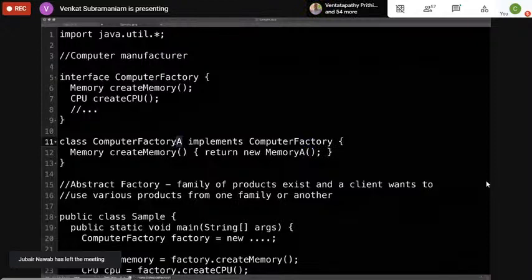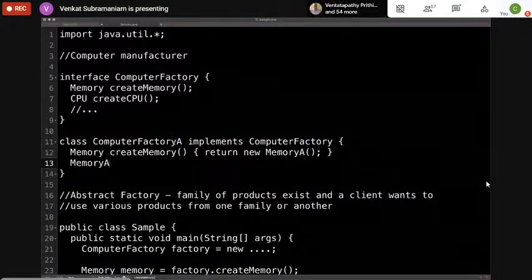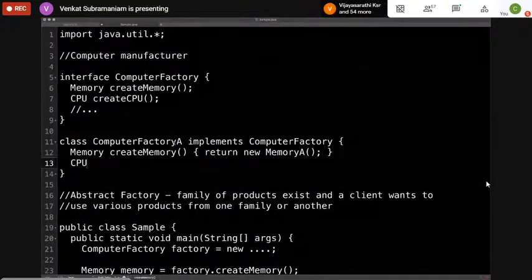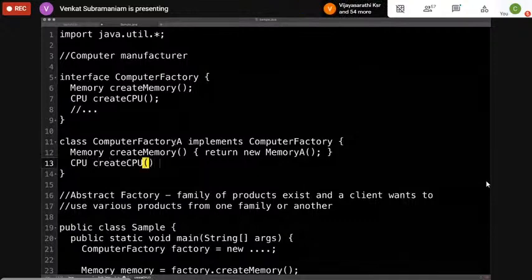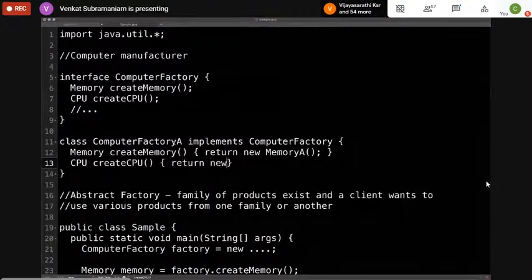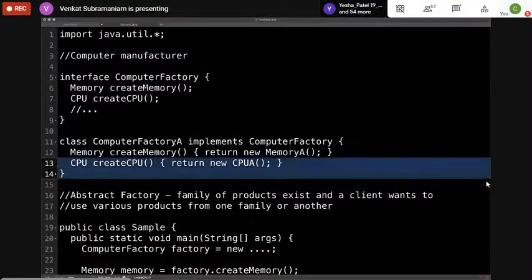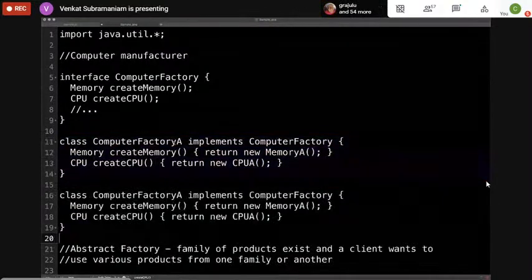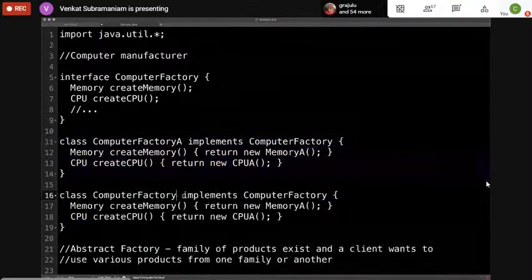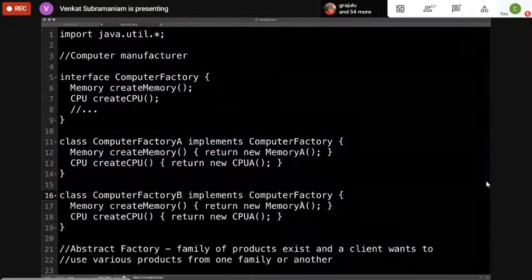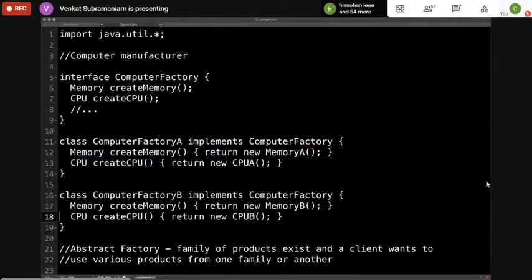On the other hand, create CPU is going to say return new CPU A. Likewise, we may have a factory B, which is going to return a memory B and a CPU B. But guess what?